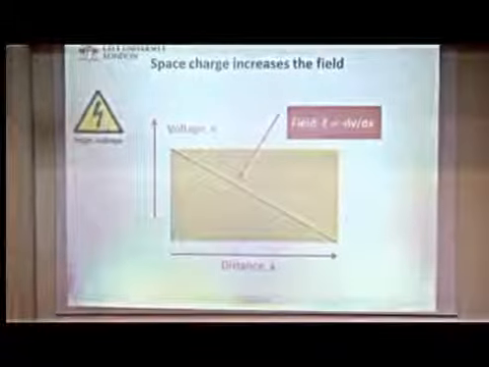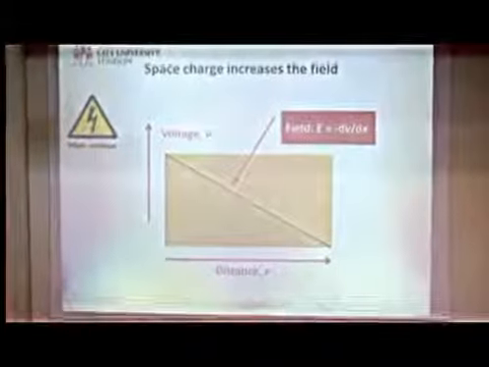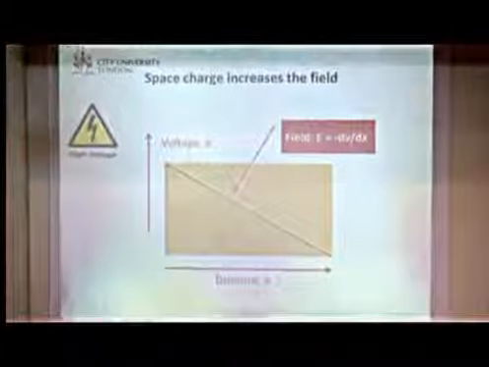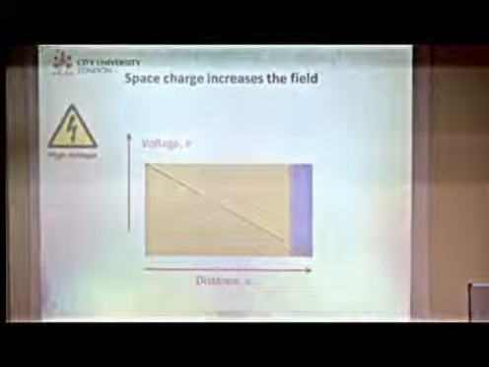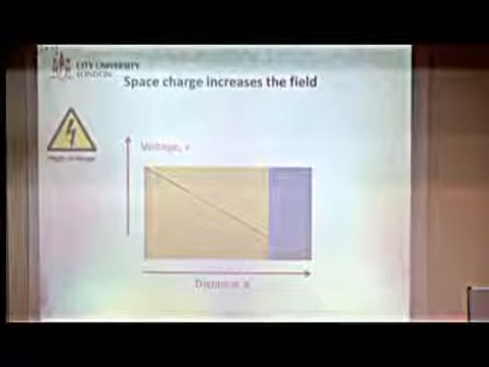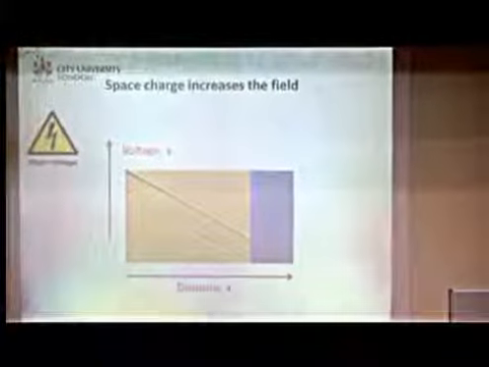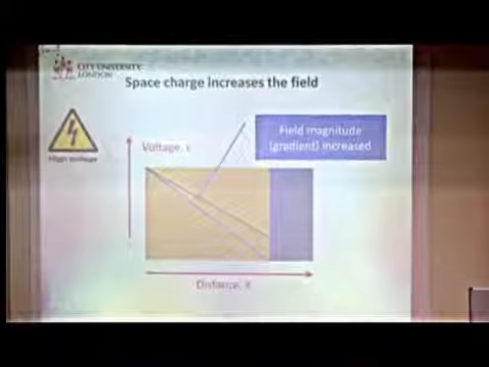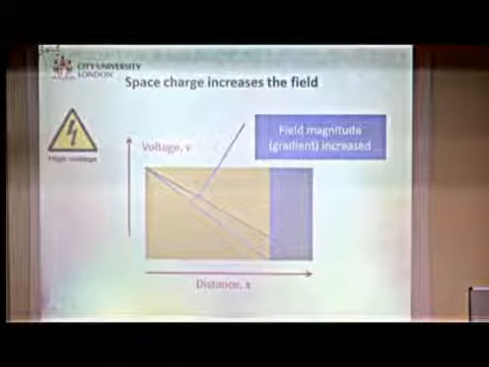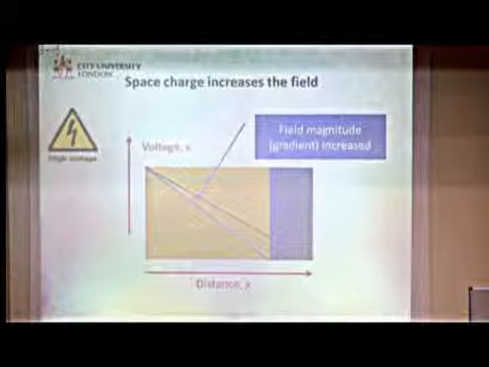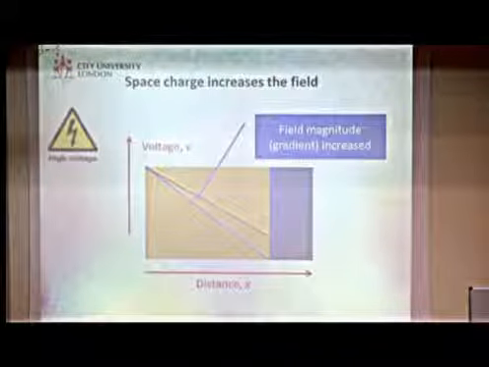So if you look at voltage across the cable, you can see that the field drops nice and linearly from one side to the other when we don't have any space charge. But if we introduce some space charge, then there's going to be very little drop of voltage inside here, and so it's pretty well all going to be dropped there, and the magnitude of the electric field inside the cable is going to be increased by the space charge.